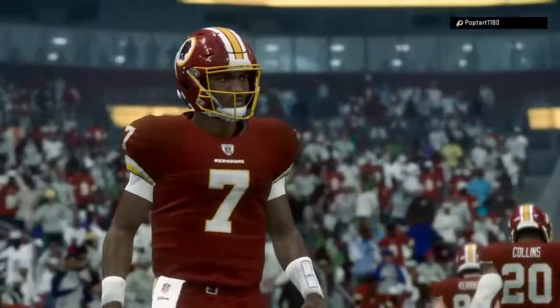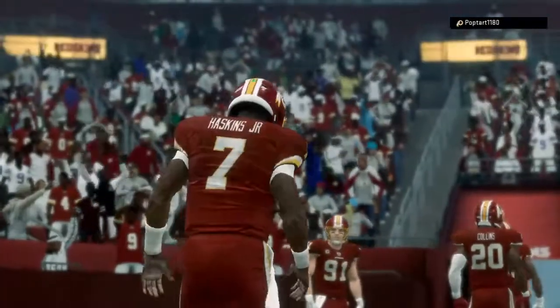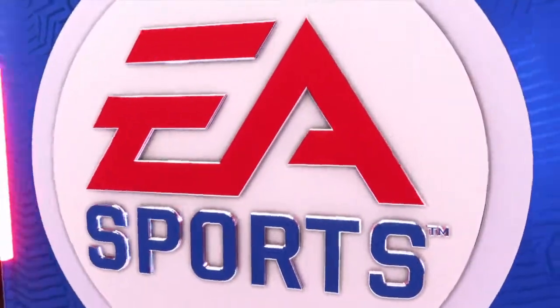So for Dallas, it was a great all-around performance as they come out of this one with the victory. And they will head back home next week. Meanwhile, for